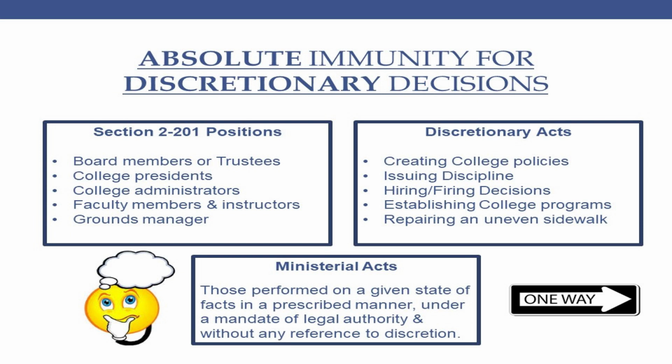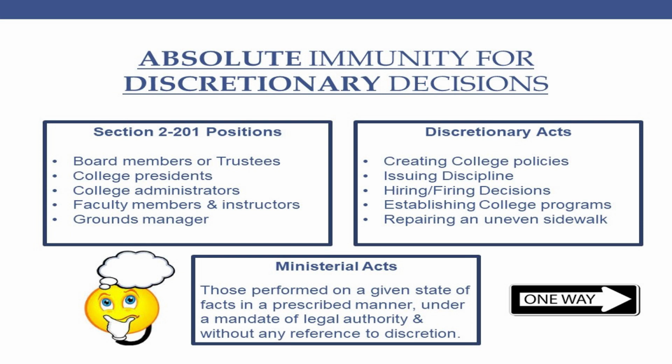Now, what kind of decision involves the exercise of discretion? The best way to distinguish them is the same way our judges do. There are discretionary acts, and then there are ministerial acts. Discretionary acts, as our Illinois courts have confirmed, are those that are unique to a particular position. The term is extensive. It applies to any act which involves independent thought or decision-making arising out of a particular public employee's position. So as you can imagine, that means there are a lot of them.